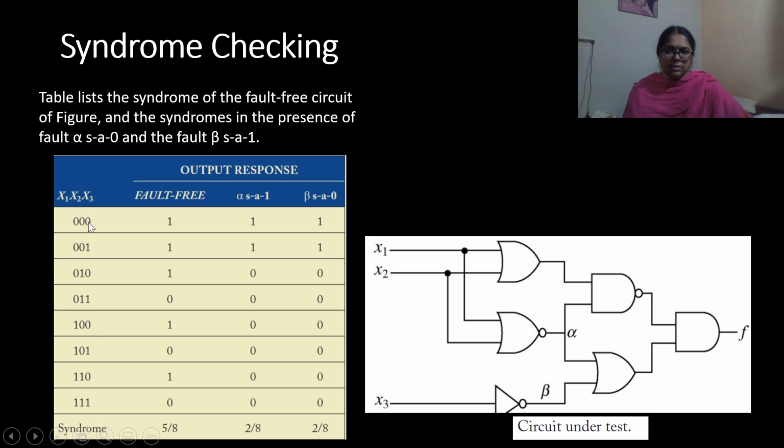Applying each input combination, if the circuit is fault-free, the output has been listed here under fault-free. When alpha is stuck at 1, the output has been listed here, and when beta is stuck at 0, that has been listed here.